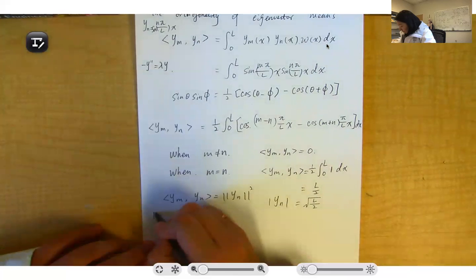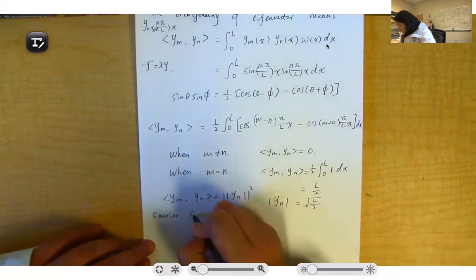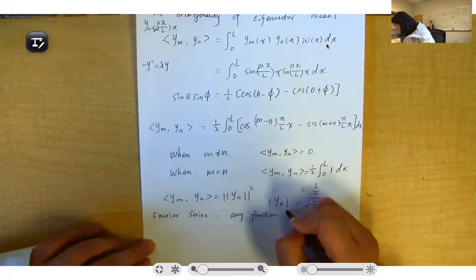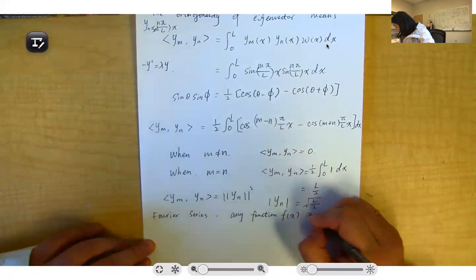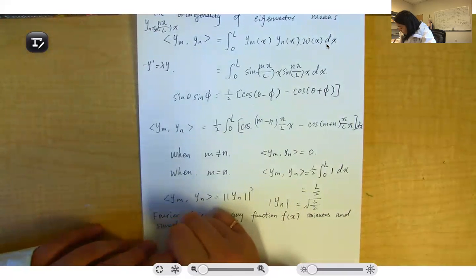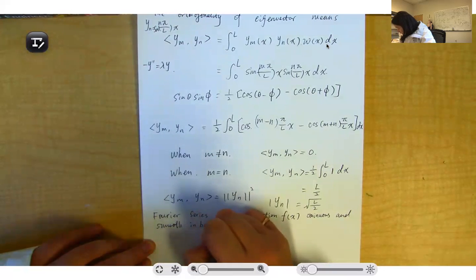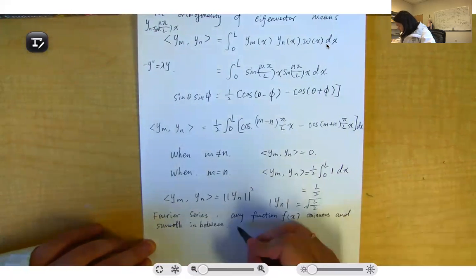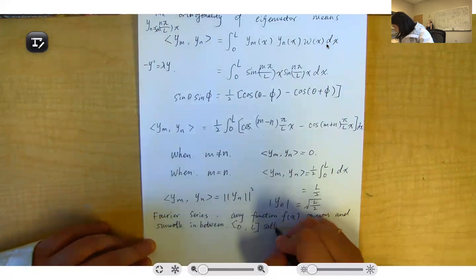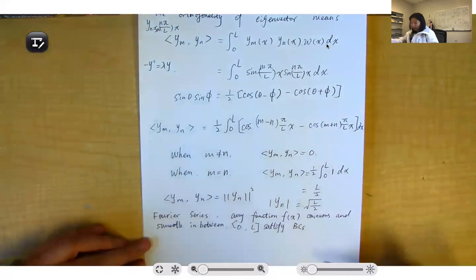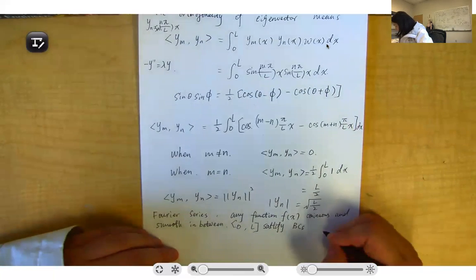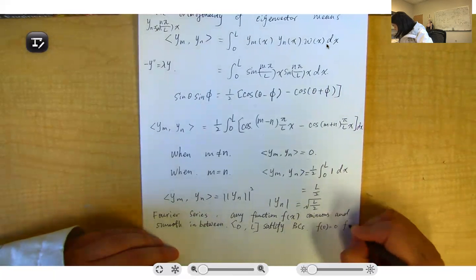So the Fourier series means any function f(x) which is continuous and smooth in between your boundary, which is 0 to L, and satisfies the boundary conditions, which for our problem set is y(0) equals 0, y(L) equals 0, so f(0) equals 0, f(L) equals 0,